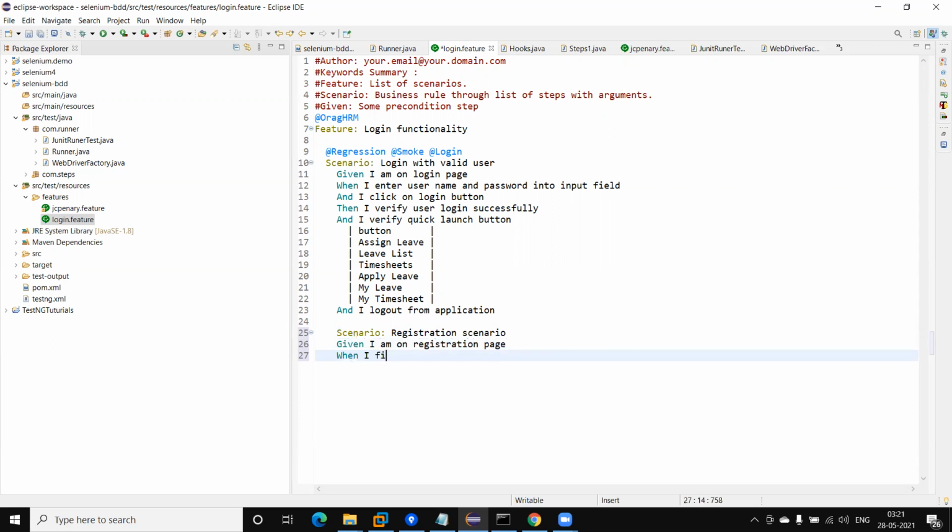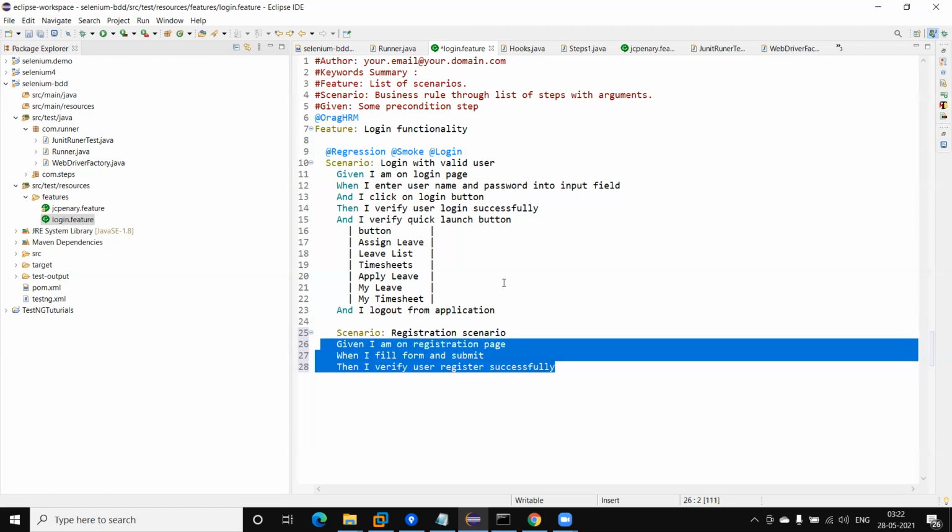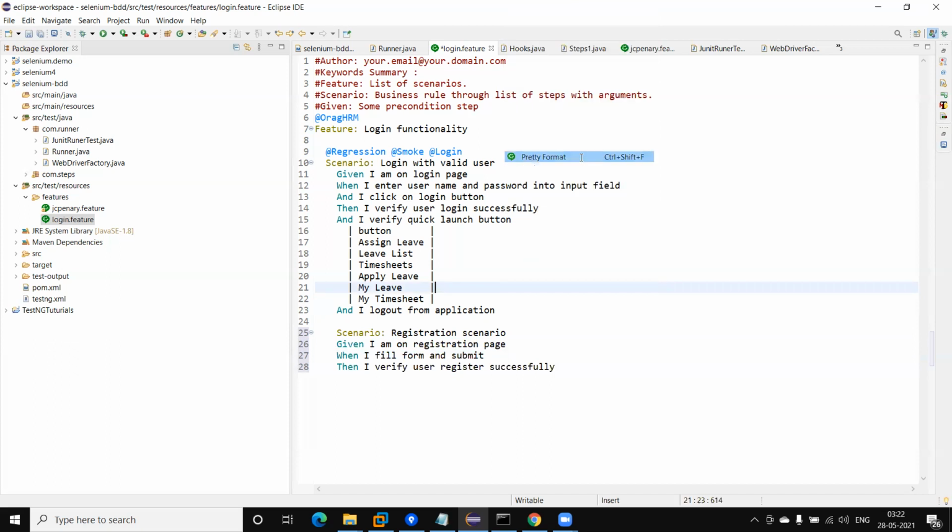When I fill form and submit, then I verify user registered successfully. Okay, so this is the registration scenario I have added, and I have not implemented the step definition.